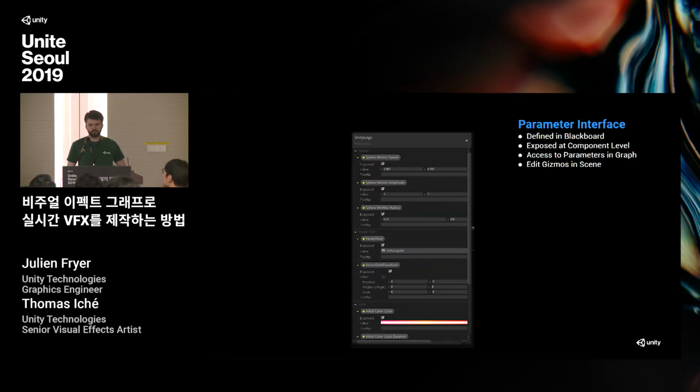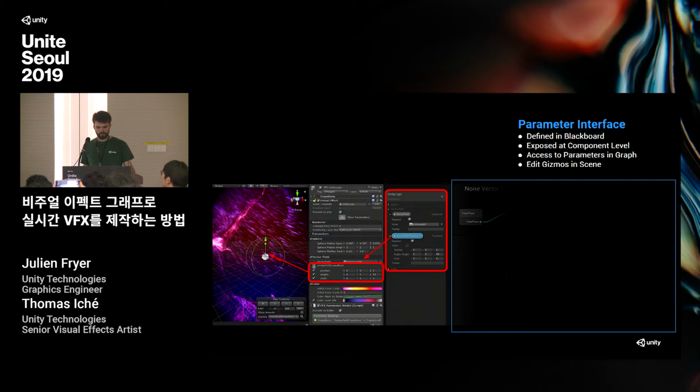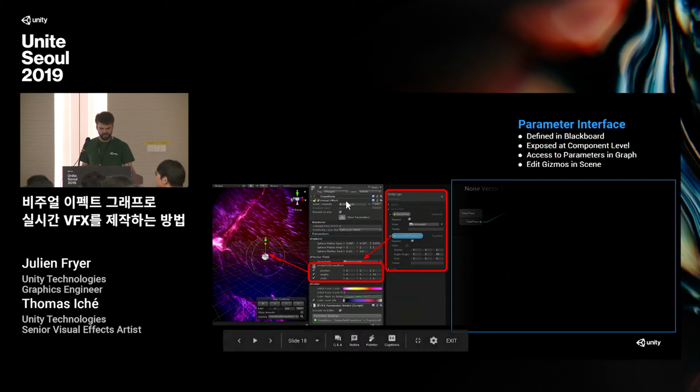Let's now talk about the parameter interface. For all of you who are already familiar with shader graph, the parameter interface is defined in the same way as shader graph, in the Blackboard window. In this Blackboard window, you will be able to create exposed parameters that will be visible at the component level. So here, whenever I create a parameter, it becomes visible in the inspector on my effect in the scene.